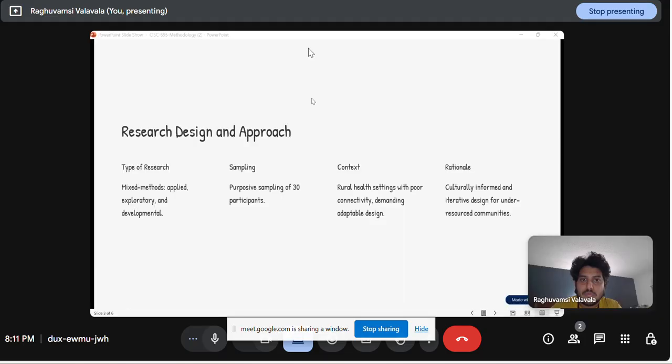When coming to the research design and approach, you can see the type of research: mixed method, applied, exploratory and developmental. And sampling: 30 participants in rural health settings with poor connectivity, demanding adaptable, culturally informed and iterative design for under-resourced